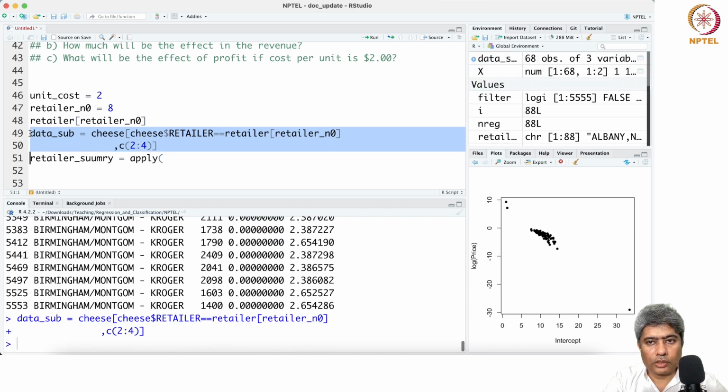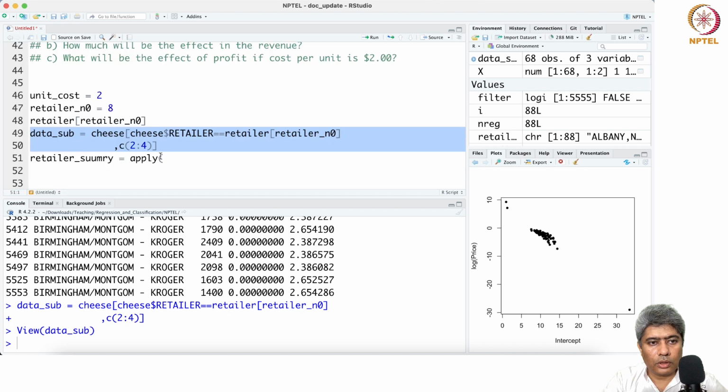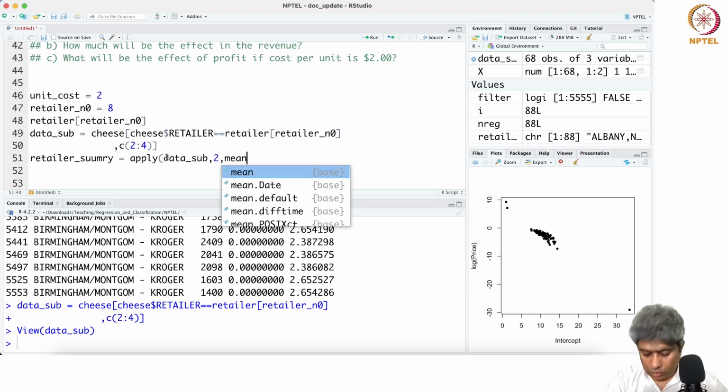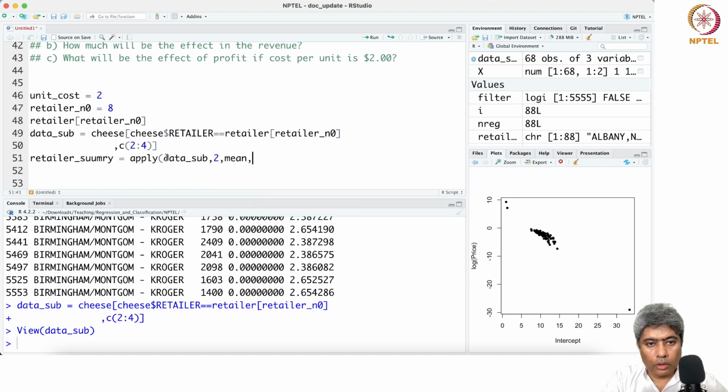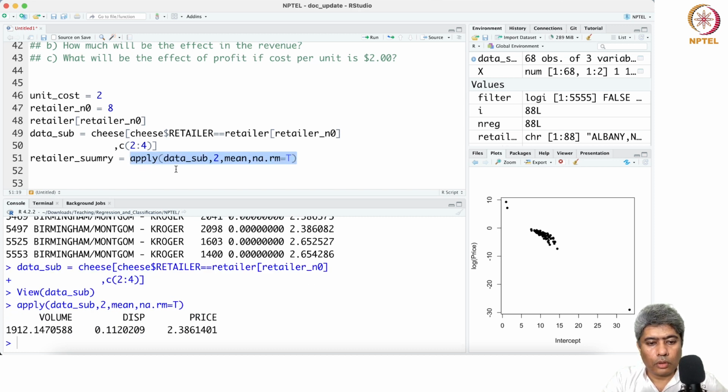If I just say data sub data set, so this is the data set, and data set comma data sub comma 2 comma mean na.rm equal to true. Okay, and then if I just round up to 3 decimal places, so that gives me